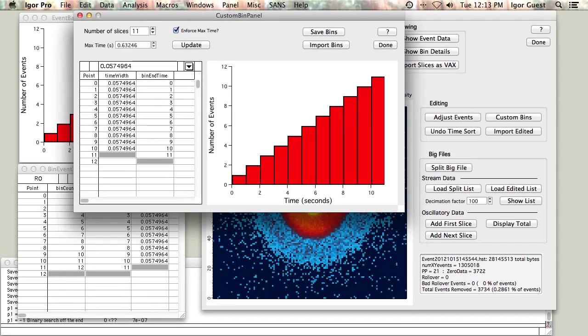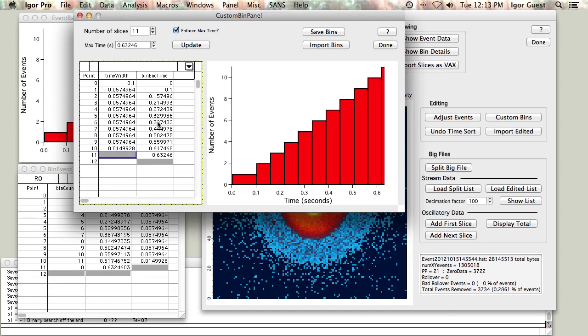The default is we'll give you linear bins, but if you actually change the times here manually, then you can say, make these a little bit longer, make these 0.1, make the last bin 0.1, and if we update, then